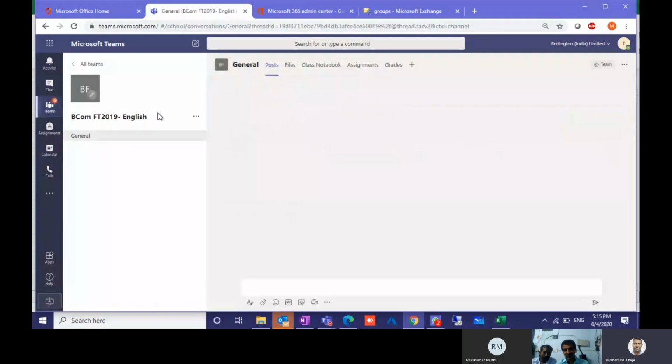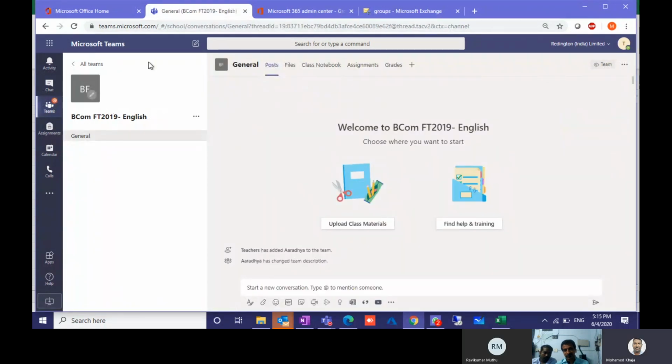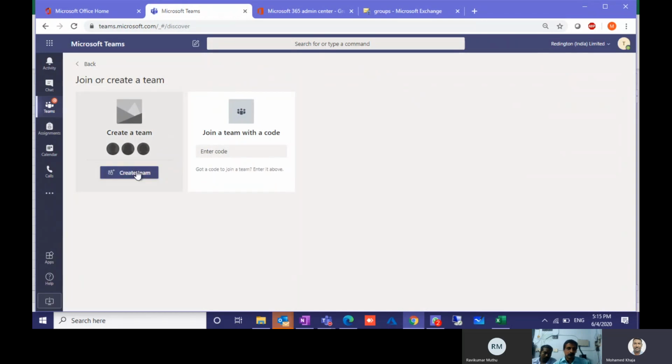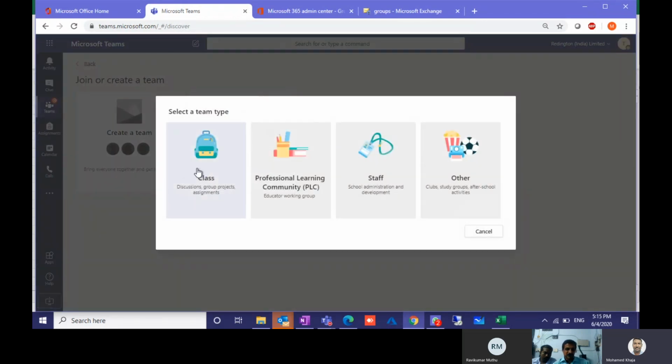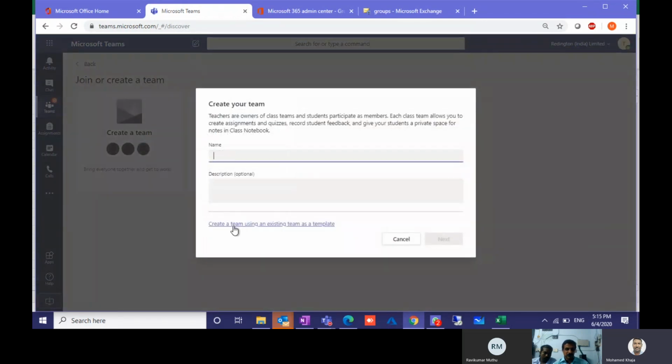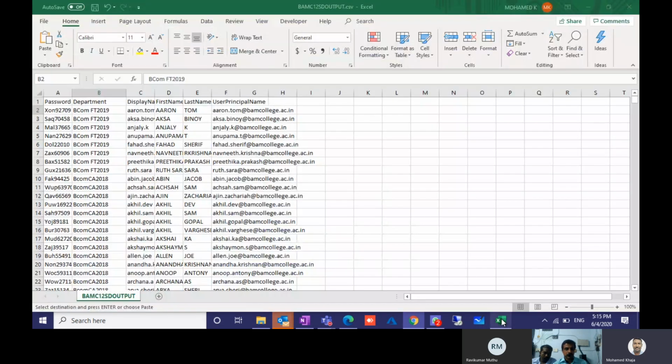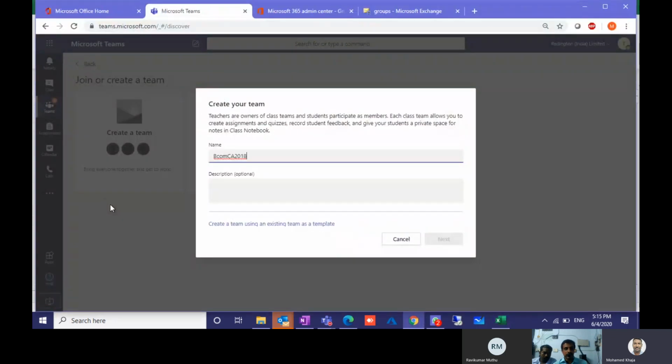See here, go to the teams, create the team, select the class. Here you have to directly give the name. Where you find the name is here. The department name will be the class name. The department class names we gave. Yes, the department name will be the class name. If you want to change it somewhat,